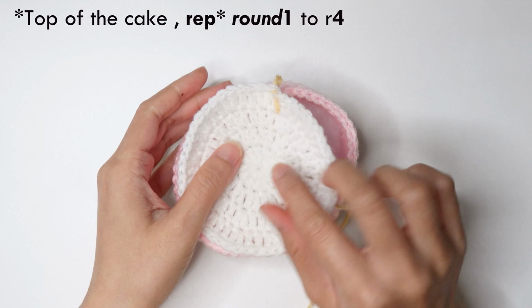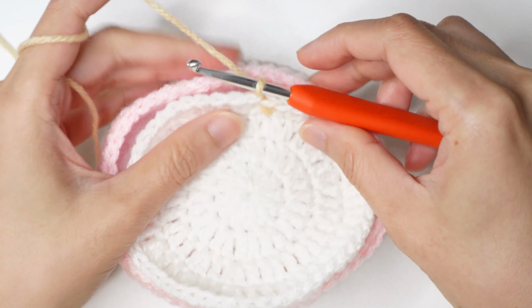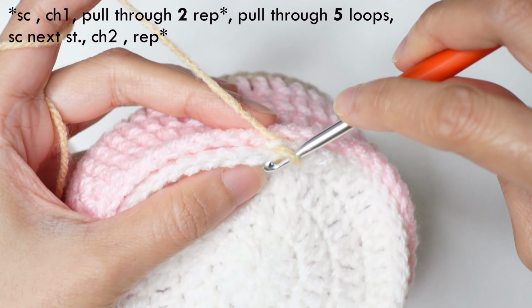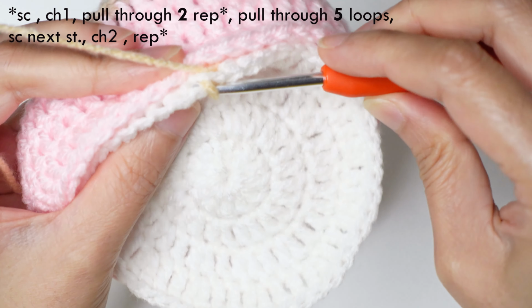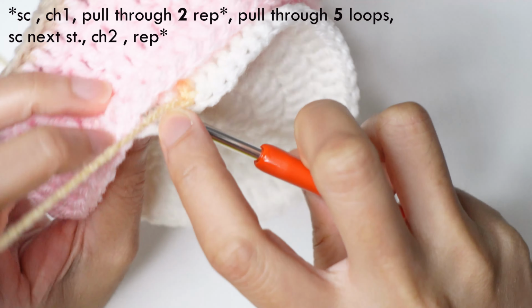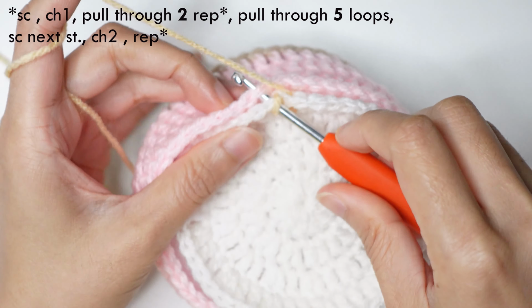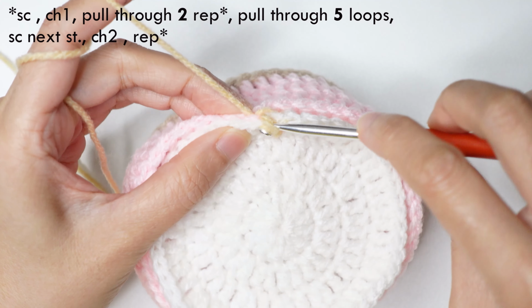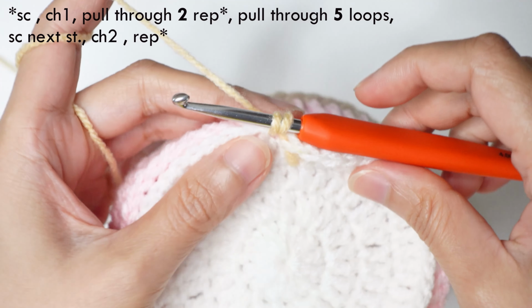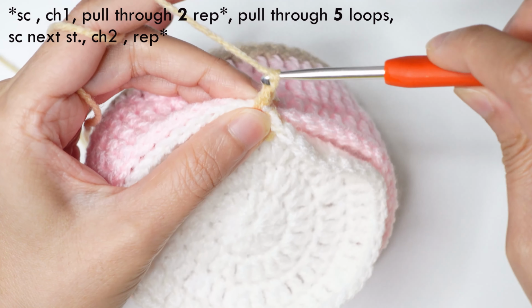Okay, then you will connect the two across this stitch. So insert in this one and insert on the light pink yarn. Do a single crochet, chain 1,